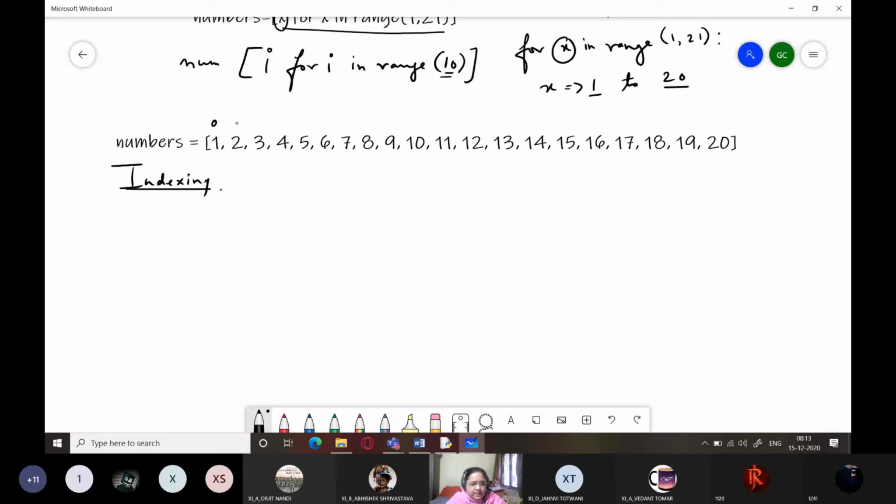Positive will be 0, 1, 2, 3, 4, and negative indices from this side.